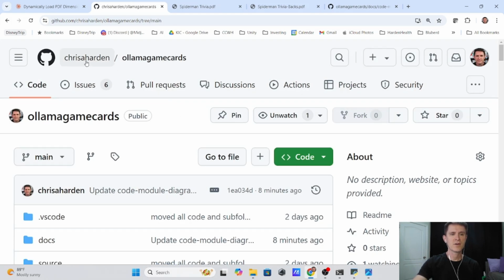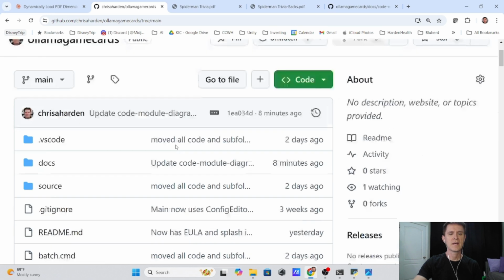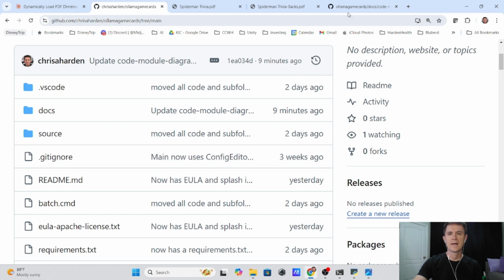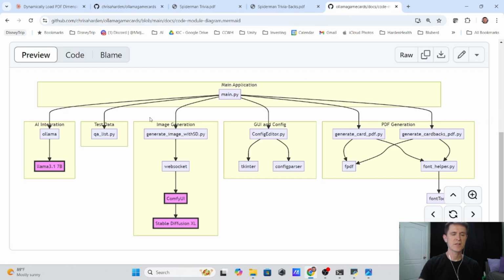from my repo, Chris A. Harden, Ollama Game Cards. You'll need to have a few things installed, which I'll tell you about in a few minutes. But at a high level, the way it works is it's Python, so you'll need to at least have Python installed, and there's a requirements file you can use to install everything. And you'll also need to install Ollama and the 3.1 7 billion parameter large language model from Meta that's available for